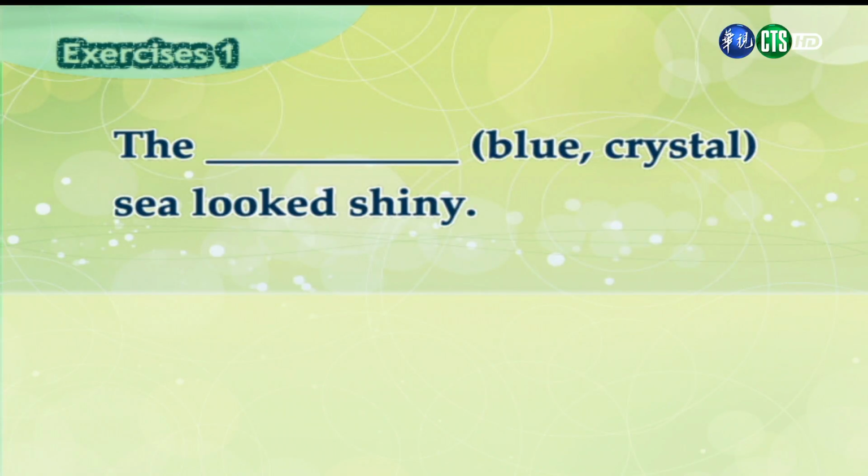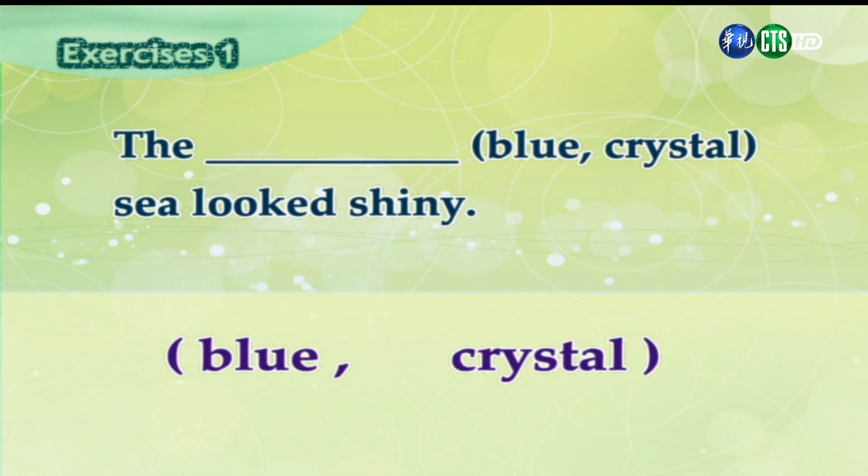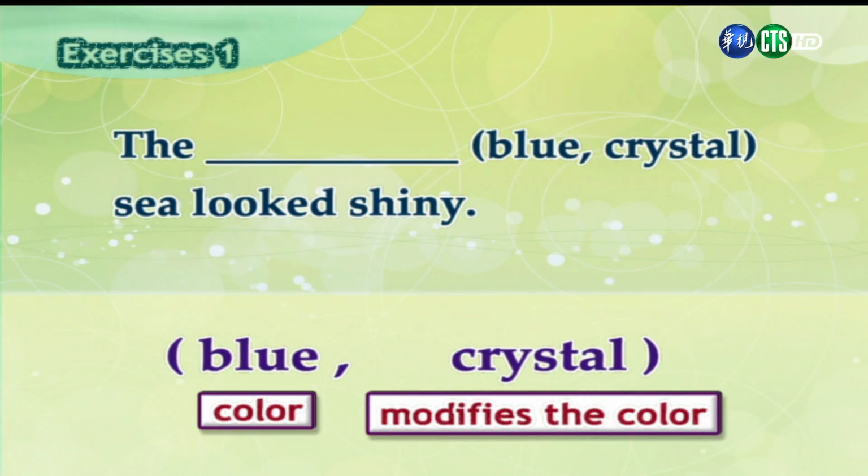All right, let's take a look at the next sentence. 我们看一下第二句，It says, the blank sea looked shiny. 他提到说那个空格的海看起来很亮。Right, we have two words here, blue and crystal. And so blue is a color adjective. 这边我们看到有两个形容词，蓝色的和犹如水晶般的。那蓝色它是一个颜色形容词。